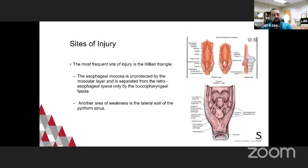So, very brief anatomy. This really isn't the focus of this talk. I'm hoping we will be joined by Dr. Sunday, one of our ENT surgeons, shortly. Apologies that he could not attend immediately. But the classic spot